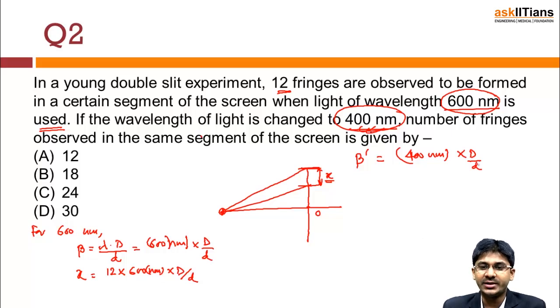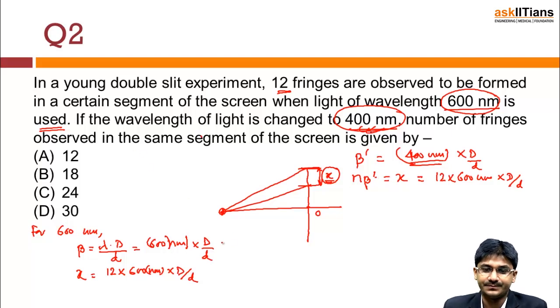Now I assume that there are n fringes in the same segment, in the same length x. This light will form n fringes, so that means n beta dash is equal to x, because we are considering the same segment again. This is equal to 12 into 600 nanometer into d by t. Okay, now once we put the value of beta dash here, what we have is this,